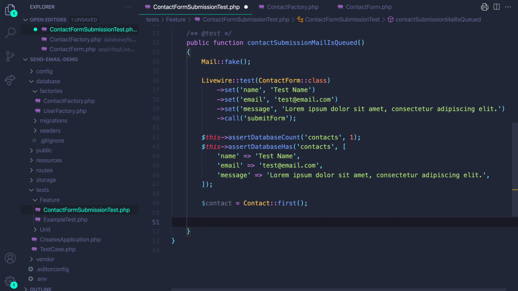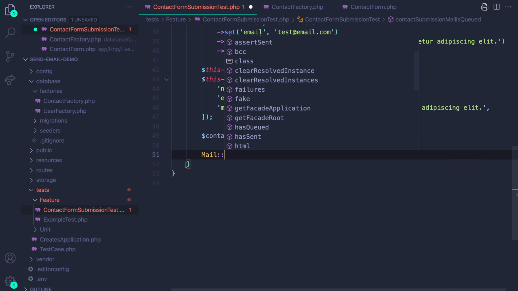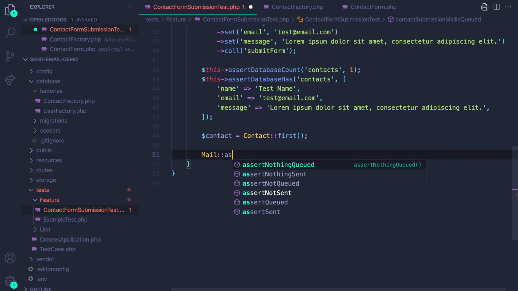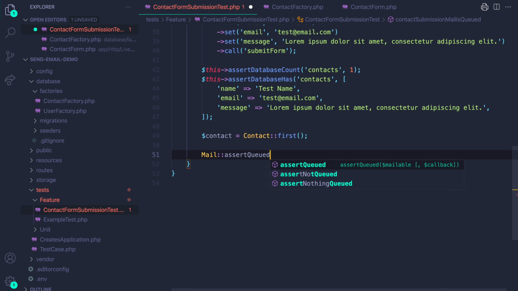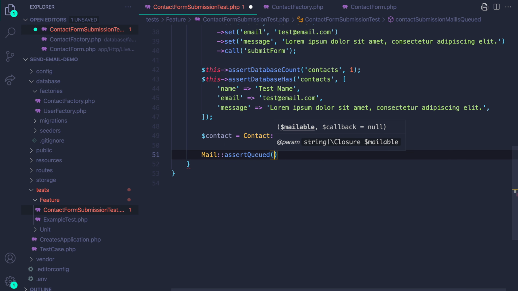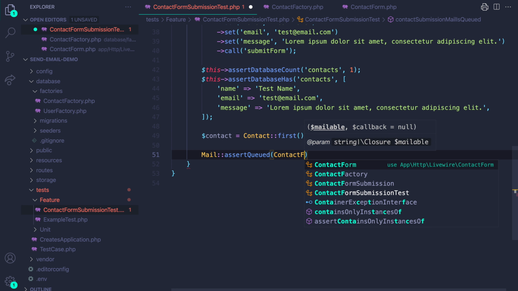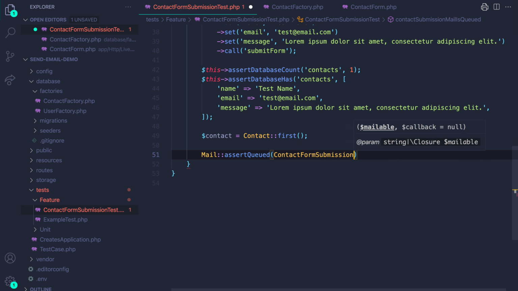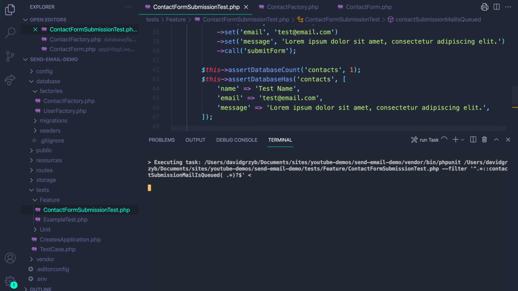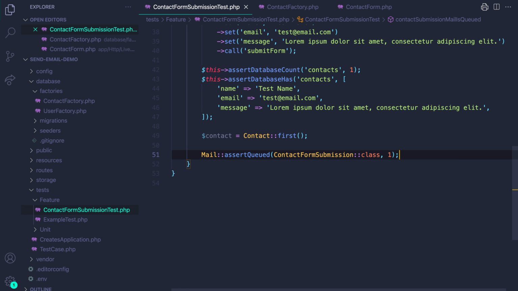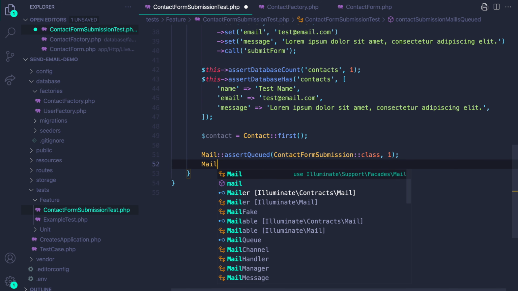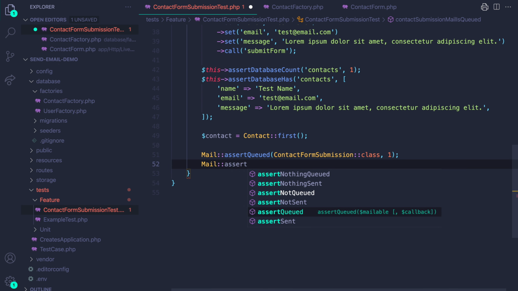And now we could actually mail, let me scroll up a little bit, mail assert queued, and we could assert that the contact form submission mailable was queued, and we could also make sure that it's just one. So let's run this. So one email was queued, that makes sense. And then we could also assert queued